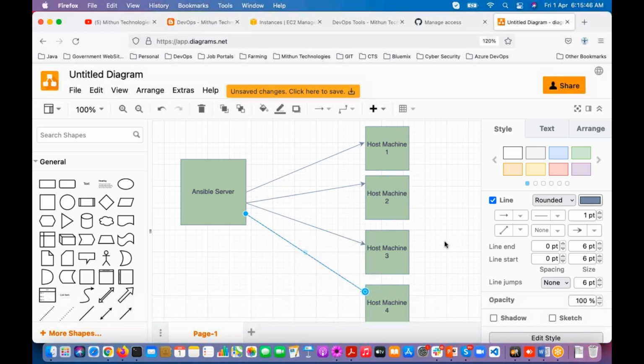Okay. So 2 days back, one of our students was asked this question: in your organization, how many Jenkins servers are there? Can you tell me one number? Oh, good. At least you guys are giving an appropriate number, correct?